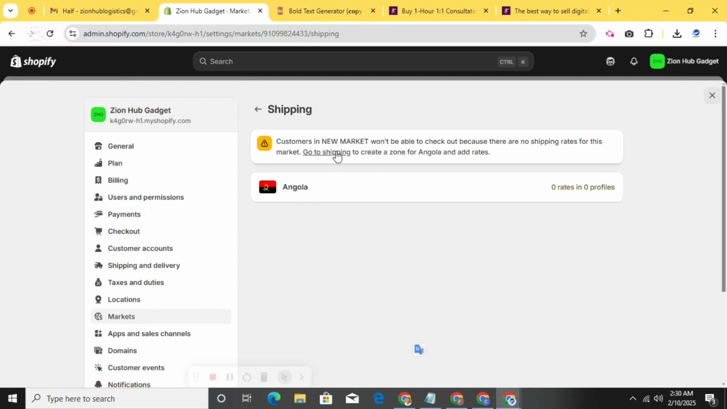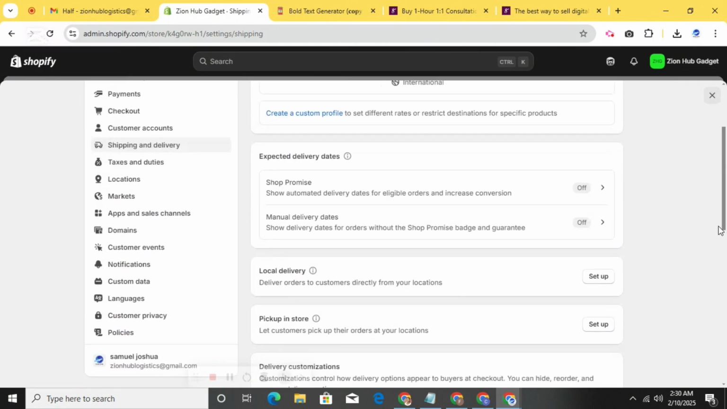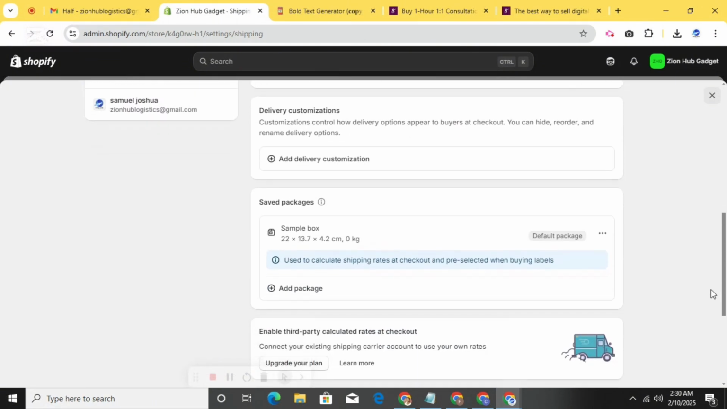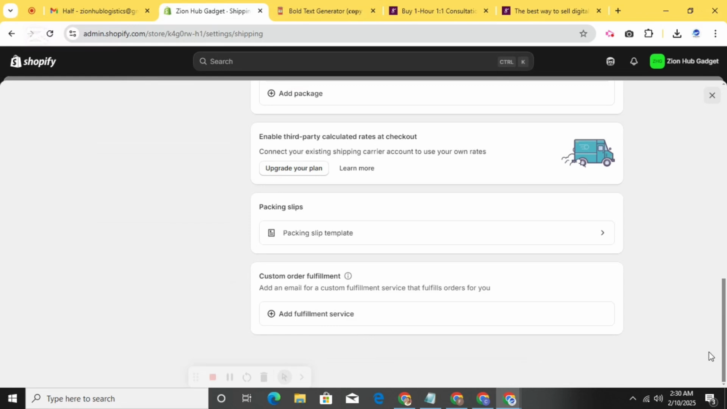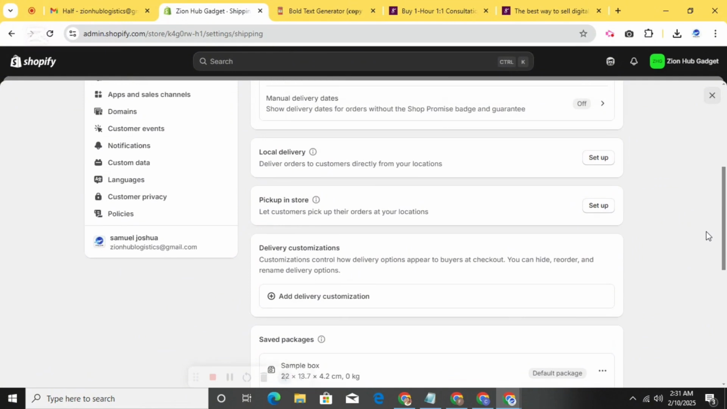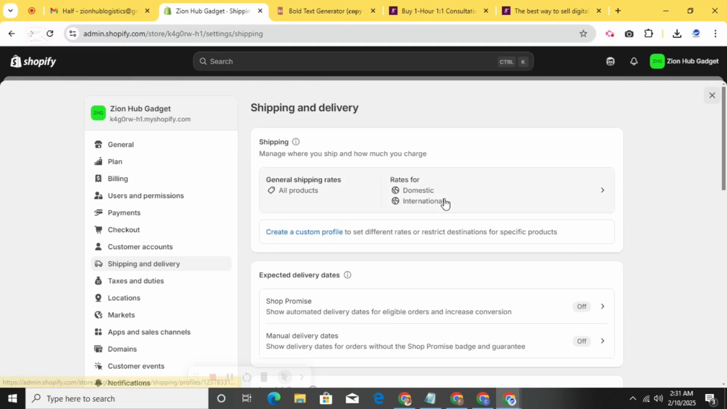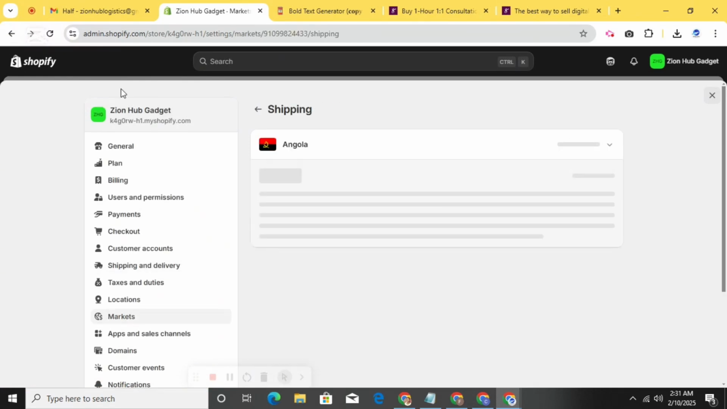Under shipping, you can click on this shipping here to configure it. But guys, this is not where I'm going today. It's very simple. Just from here, you can create it. Let me see under where we have shipping rates. Where is it? Yeah, so you can just create a new custom profile for your shipping here. But like I've said, that's not where we are going this time. I just wanted to change